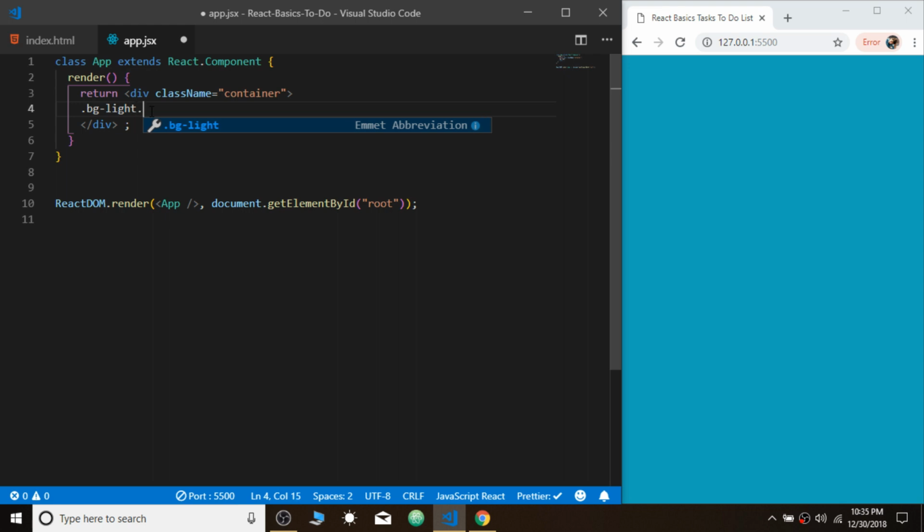Another class I want here is margin top 2. By the way, it is coming from my head so I'm just trying to think what I'm trying to make, so I will be a little bit slow. So what else I want in this div is, yeah, maybe text center,